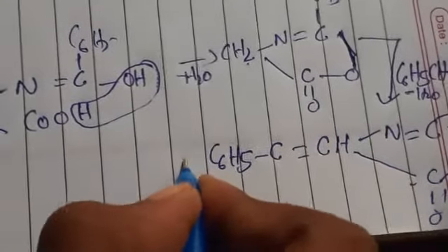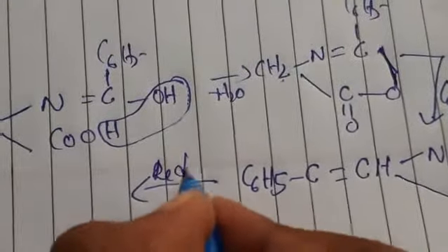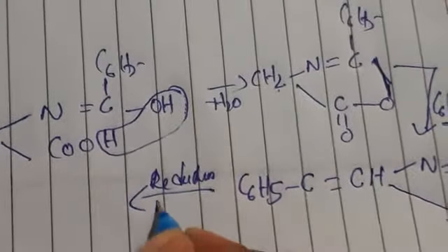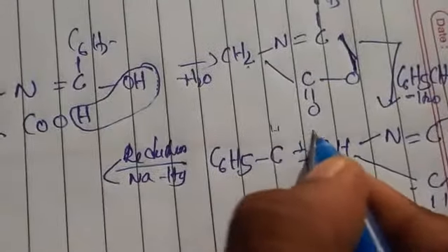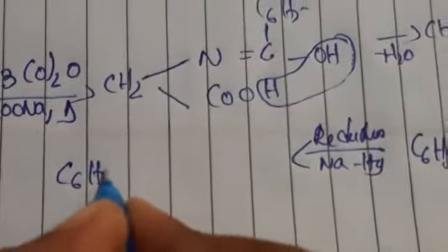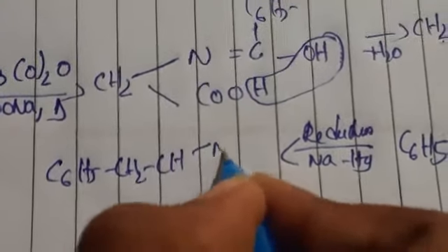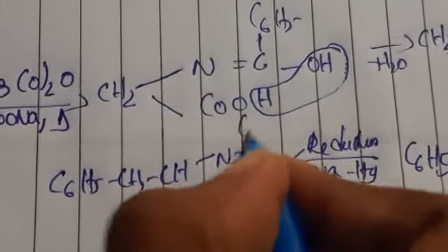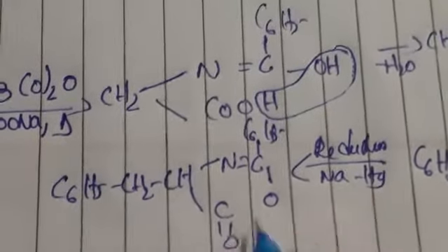then afterwards what we have to do, reduction. When you do reduction, in the presence of sodium amalgam, addition of hydrogens takes place. When we break the bond, here H you will be getting. Okay, like this you will be getting the bonds, means addition of hydrogen is going to take place. So C6H5 CH2 C H and double bond C, C6H5 O, C double bond O, this one.